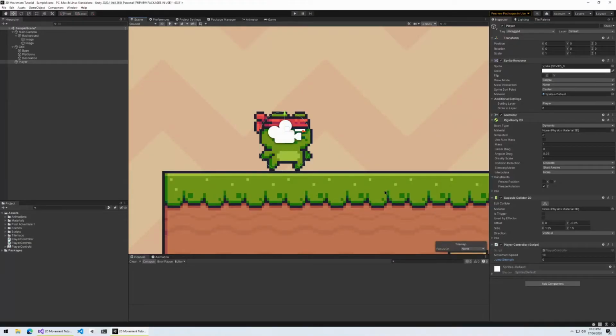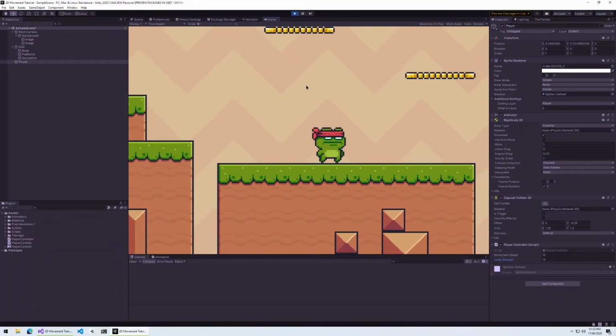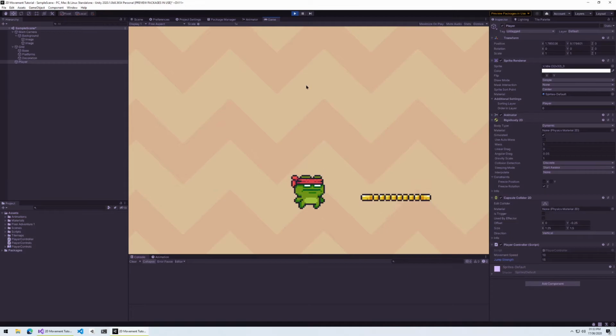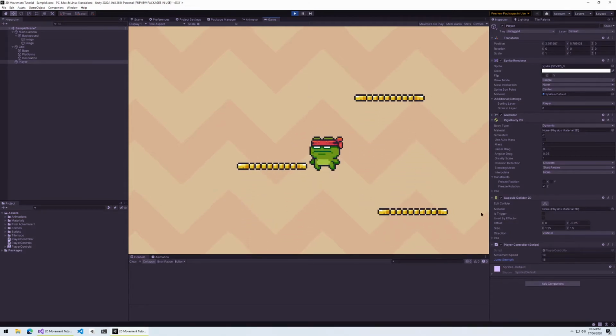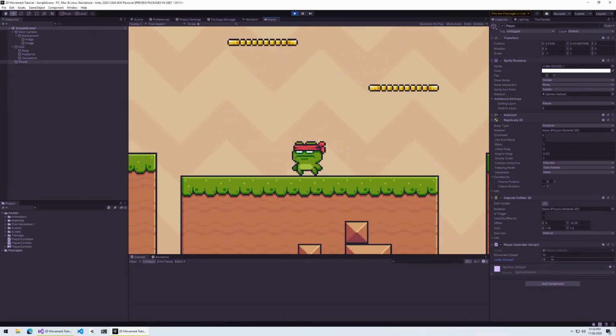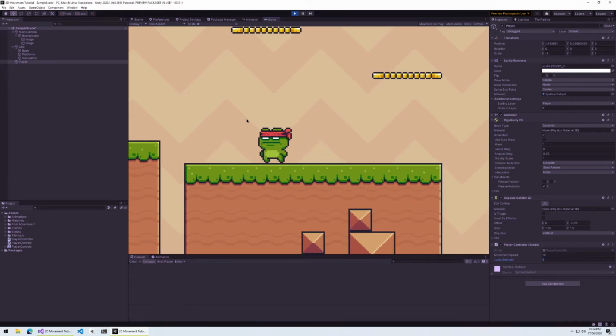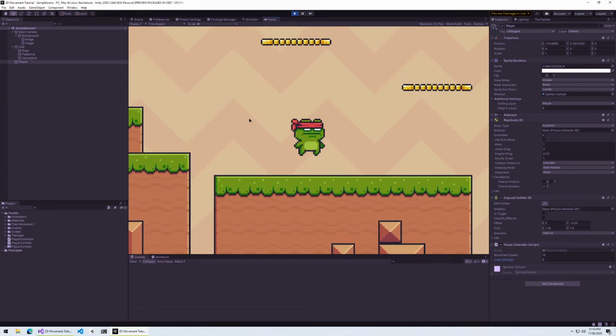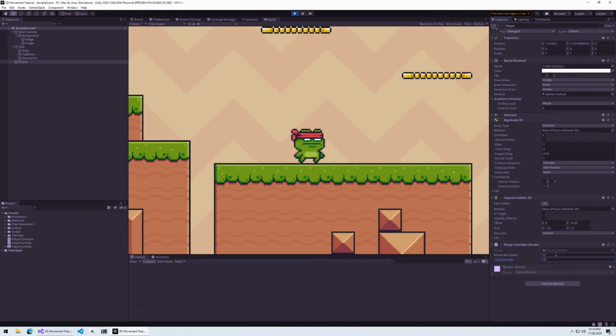So back in Unity, we need to choose the jump strength for our player. So I'm going to choose maybe 15 and hit play. And as you can see, we can now jump. However, that's a bit high, isn't it? So one fix for this would be to obviously turn down the jump strength to 5. However, this makes the jump pretty slow. To fix this, I'm going to actually bump up the jump strength again and change the gravity scale